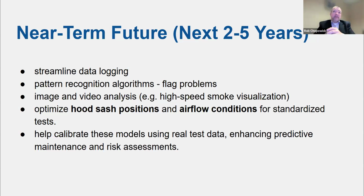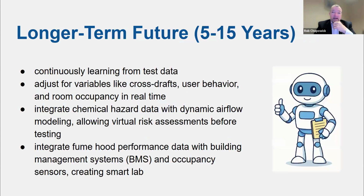One thing I didn't put in here is drone technology. And it wouldn't surprise me if somebody decides to put a detector on a drone and have that run in front of a fume hood. Now, in the longer term, and maybe the longer term is where drone technology might fit in, but AI